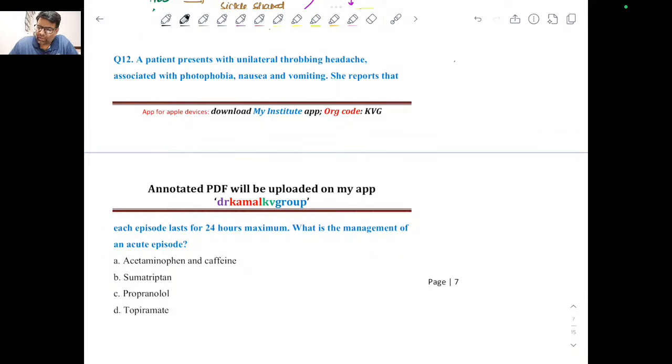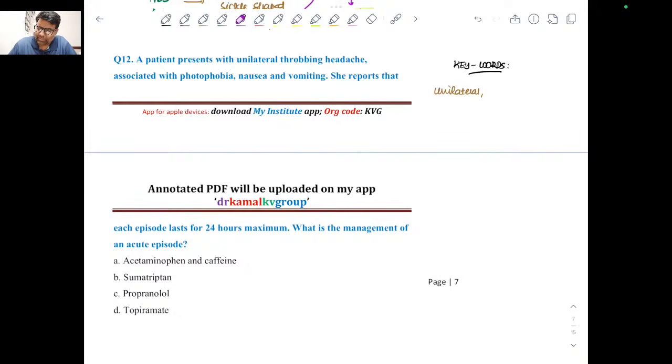Now again, this is a very classical topic. Always and always we have a question from this, either in medicine or pharmacology. So very good, Priya, you are absolutely right. So what we are getting here,